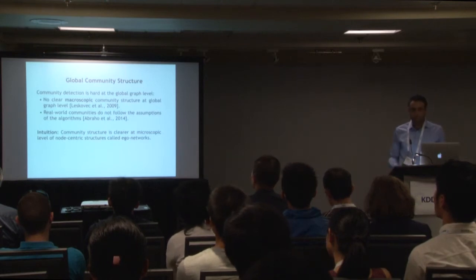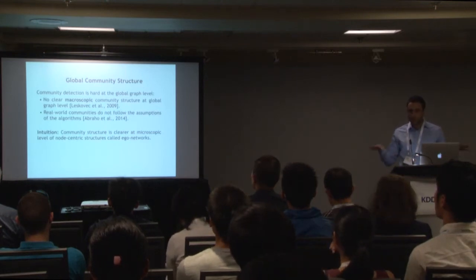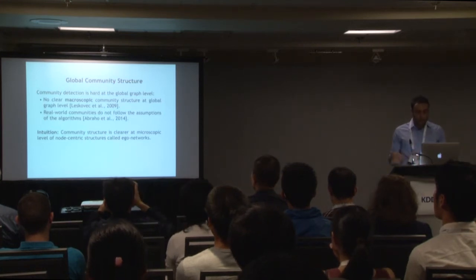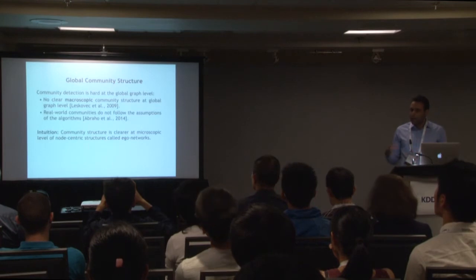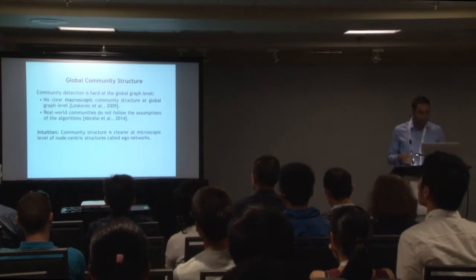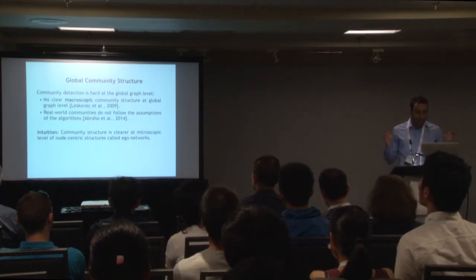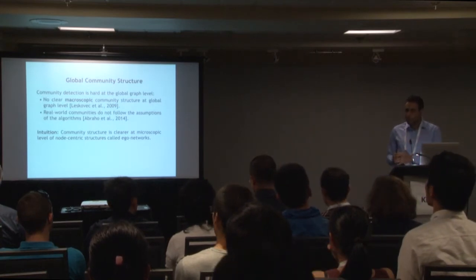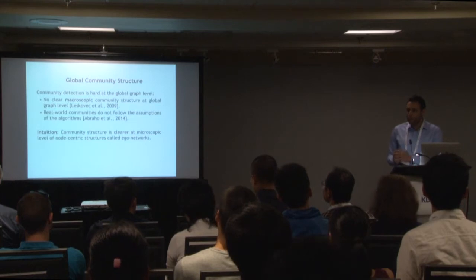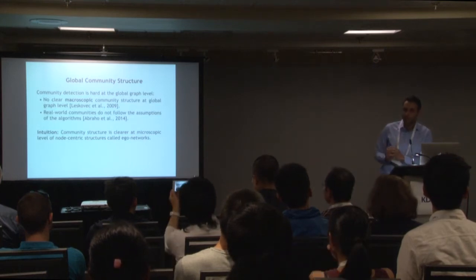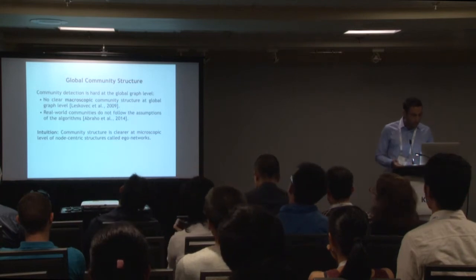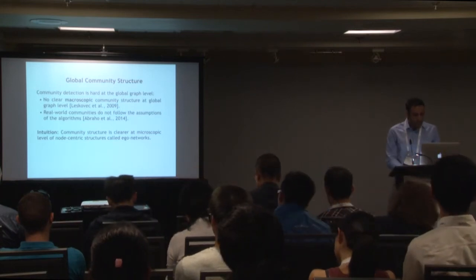It is known that there is no clear microscopic structure of clusters in social networks or large-scale graphs. It is very hard to find large clusters, but even the small ones are difficult to find. And even worse, it has been observed that if you ask users to label communities, these communities will look very different from the ones found by the algorithms designed to find them. So the problem is very hard, but it's also very important. But there is good news.